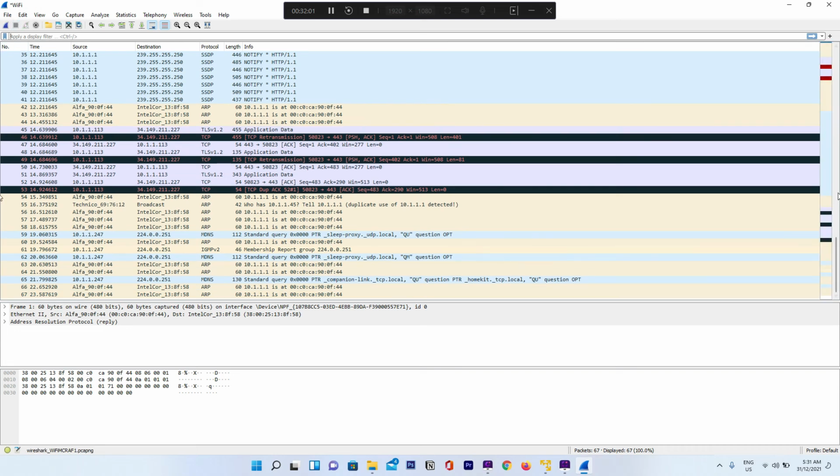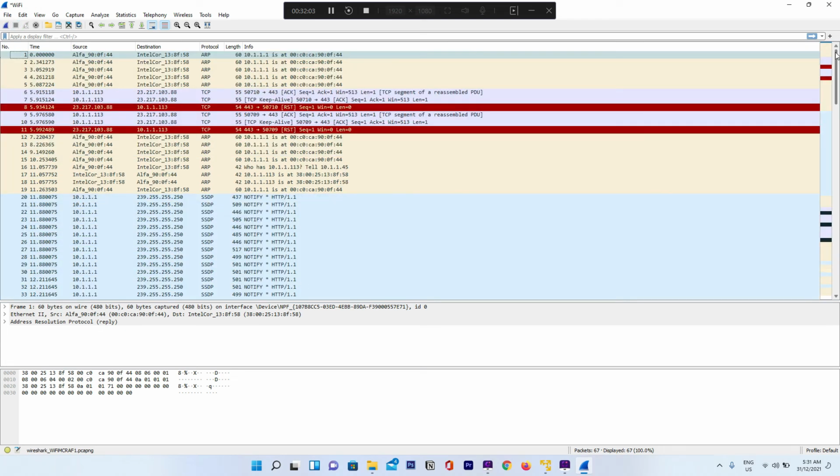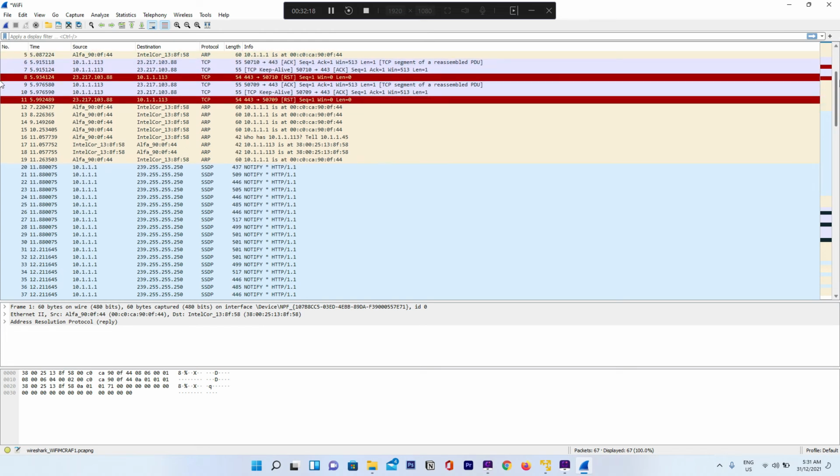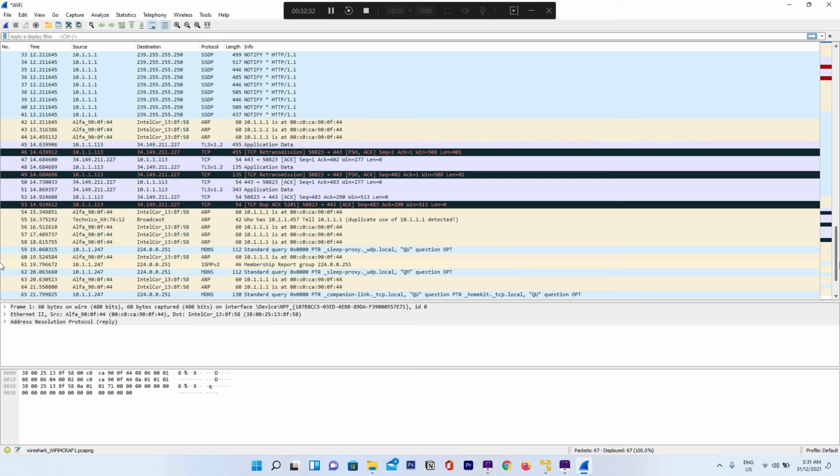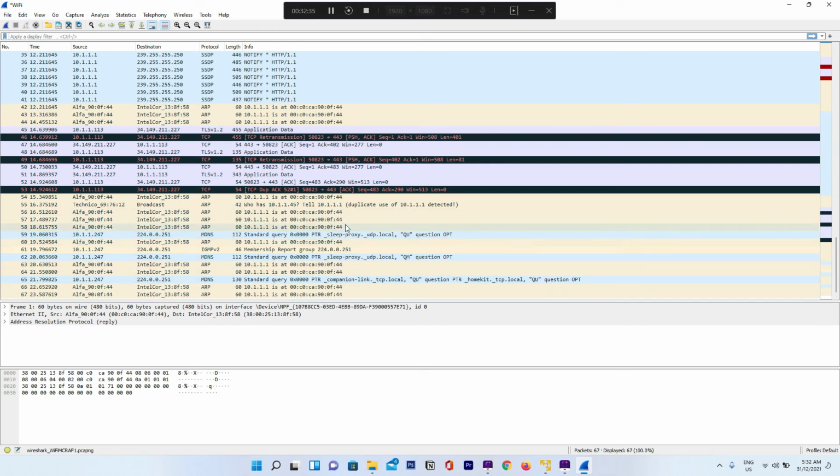And I'm just going to stop the packet capture. Scroll up and you can see some ARP spoofing packets here. The source is coming from an Alpha Networks adapter and it's pretending to be the router, the gateway. If we scroll down we can see some more here. This Intel color is the actual gateway. And some more down here, and as you can see we've got some duplicate ARP requests, so that looks pretty